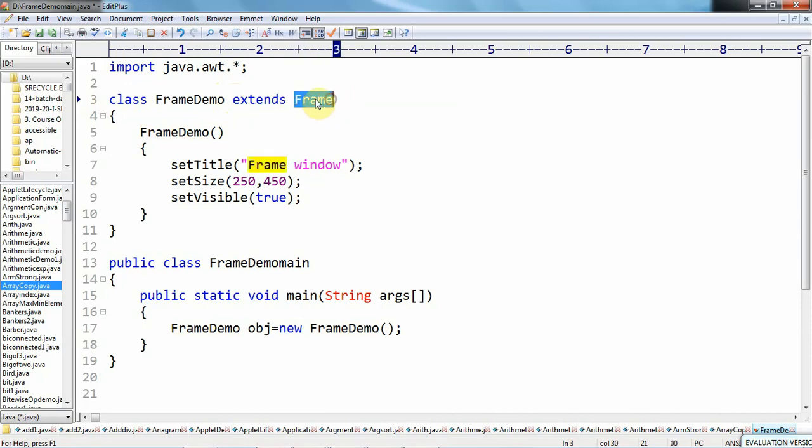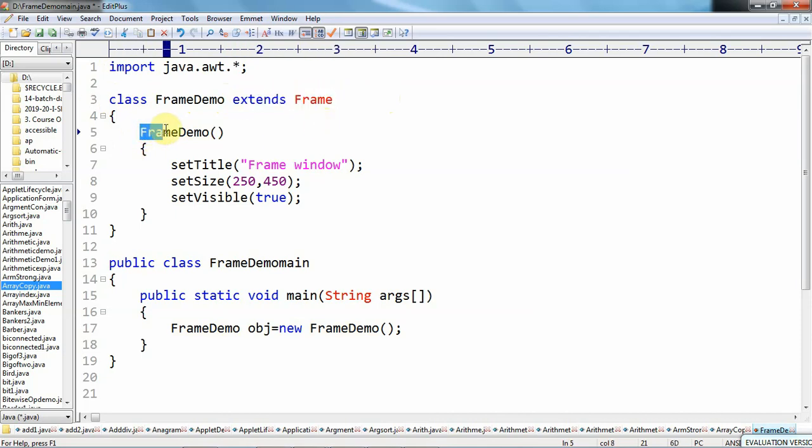This Frame class resides in the package called java.awt, so that's why we need to import this package here. So class FrameDemo, this is a user defined frame window that is created by extending the properties from the predefined Frame.